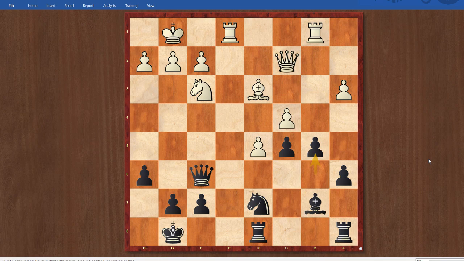Alright, hopefully you got a chance to pause the video and figure out what white could do to keep the tension here. And it turns out here the most venomous move is actually a4. And this is a move I just wouldn't really consider. And I don't think white would consider it, or most white players, because you're pretty much inviting black to get